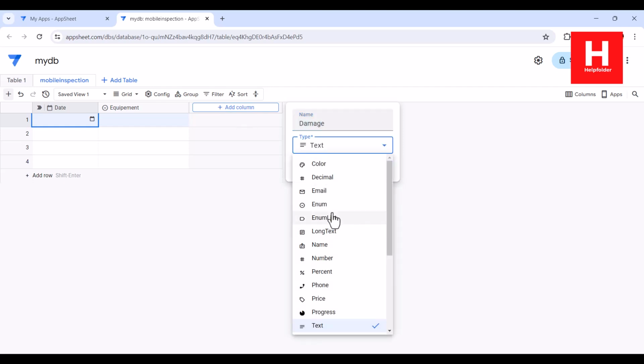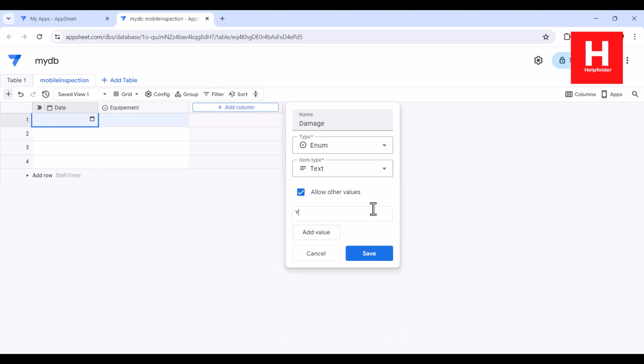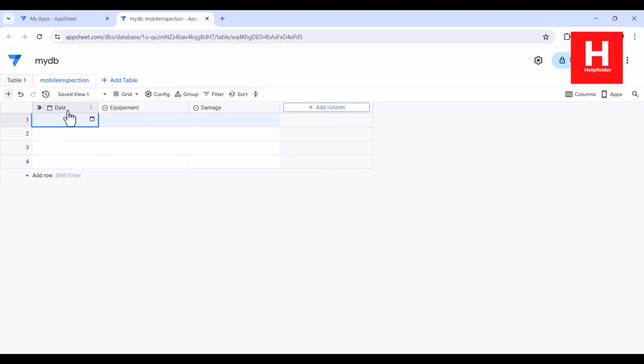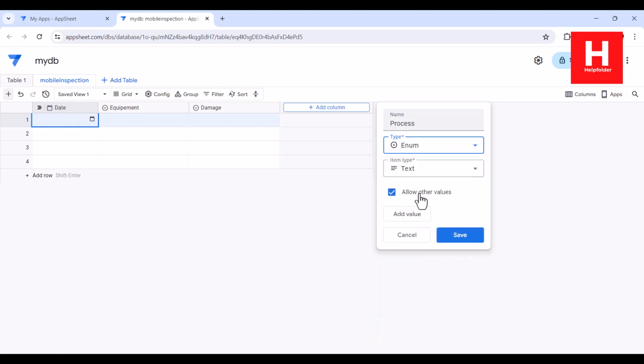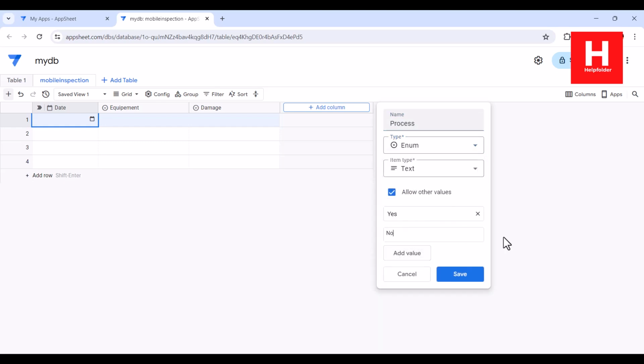So equipment damage, enum yes or no, right? One of the options we can choose. Save this. So date, equipment, damage, and then we will add process. Again, for process you can go through whether that is successful or not through yes and no values, yes, no,